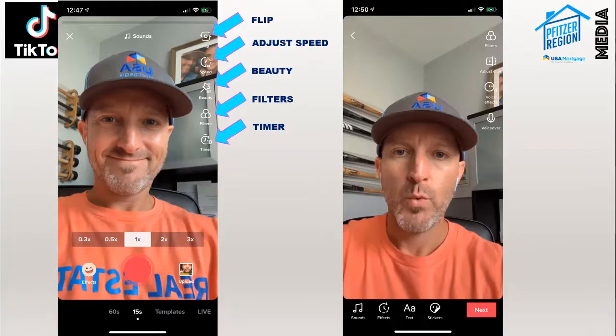Basically, if you're creating a TikTok and you want to set your phone down, step back and compose yourself before the TikTok starts, it gives you a 3-second and a 10-second countdown so you get yourself in place. If you figure out how to use this, it's really cool, and it allows you to create better content where you're cutting out the part where you're starting and stopping the video. There's also adjust clips that I'm going to show you in a second. There's 2 ways to do that, but the timer is a really good one.